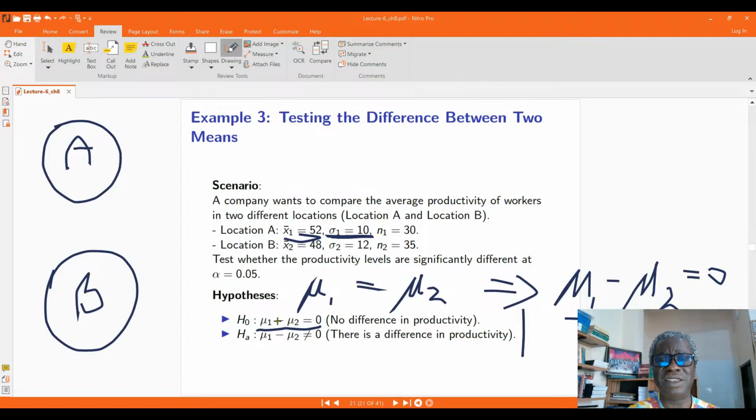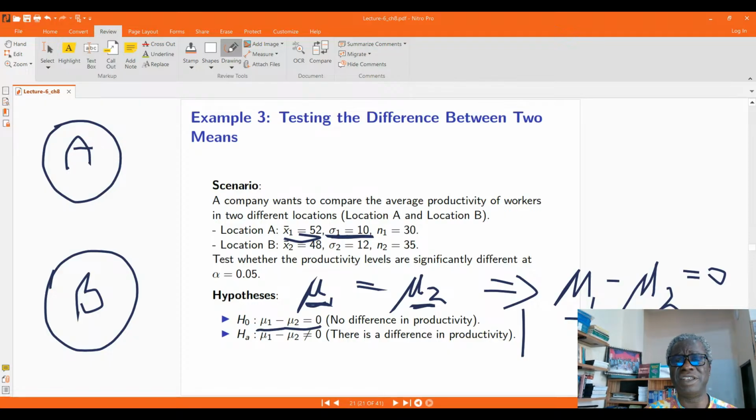So you could write the hypothesis in terms of the difference being 0 and the difference not being 0. Or you simply say the average productivity in location A is the same as average productivity in location B. So whichever you prefer,